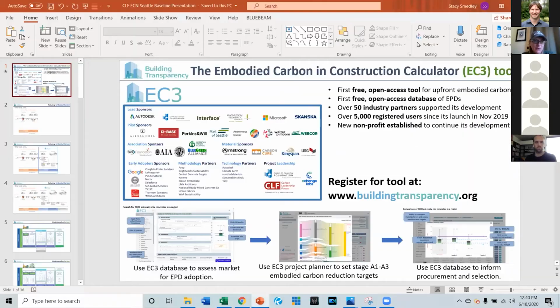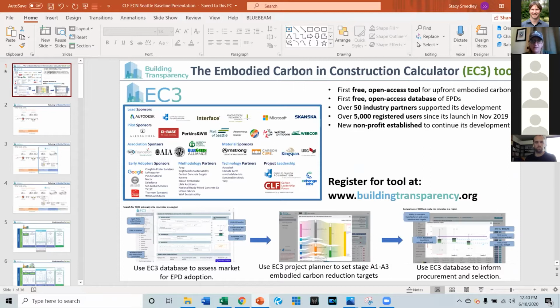Okay, so I'm just going to walk through a little bit of a background and a synopsis that was similar to what Roderick talked about at the beginning. I'm going to talk about specifically how EC3 is looking at baselines versus average data for materials per material category. So first of all, just grounding everyone with EC3 and the fact that you can go register and log into